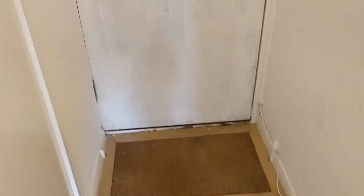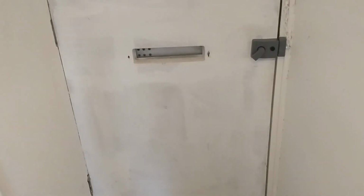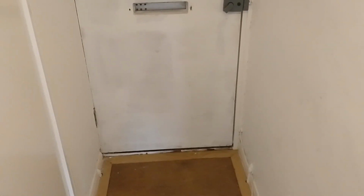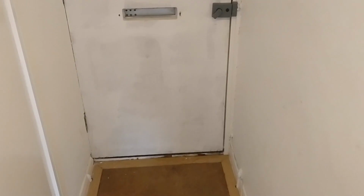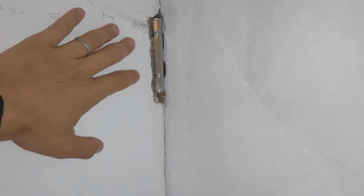Guys, so one of the biggest jobs that we need to do in this place is replacing this front door. Basically, when the flat was flooded, the door got smashed in half, and I'll show you what that looks like now. So it was a pretty big deal, and they put on a temporary and emergency door, but what they've done is out of this solid brick wall, they chiseled out a whole load of this, and then they've put these grade 13 hinges, so they're good, but they've taken a chunk out the wall here,